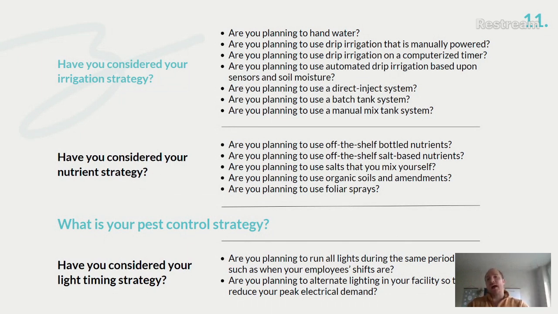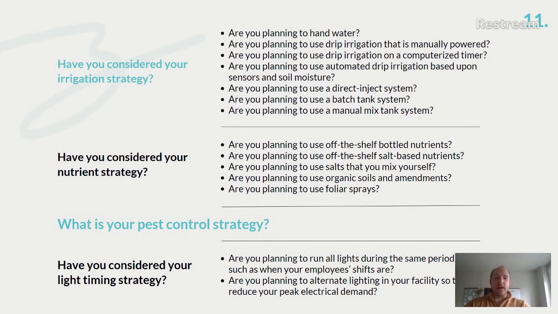Each again have a level of computerization and automation within them. So your CapEx might be slightly higher on a batch tank system than just manually mixing everything by hand. But often the margin for error in your employees mixing things manually is far less if the computer is doing it through software. Batch tank systems will require a hell of a lot more space in your facility because you have to put those tanks somewhere.